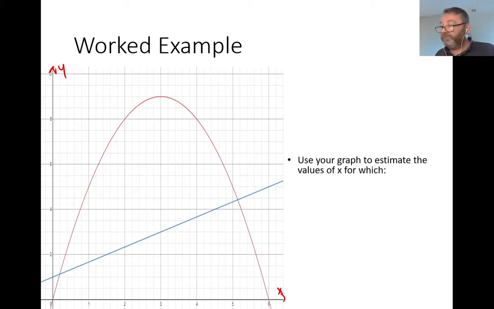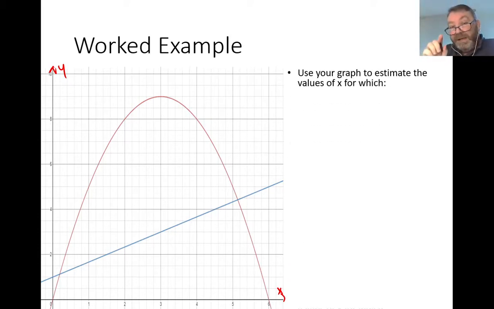Okay, so what are the questions? Use your graph, and this means that you've got to show evidence on your graph of being able to work with it, to estimate the values of x. Now that's important. Estimate the values of x. That means that all your answers are going to come from the x-axis, okay? So that's extremely important. They're values of x, for which, number 1, g of x equals 5.5. Now, if g of x is the function, then obviously 5.5 must be the output, and the output is a range value which is always found